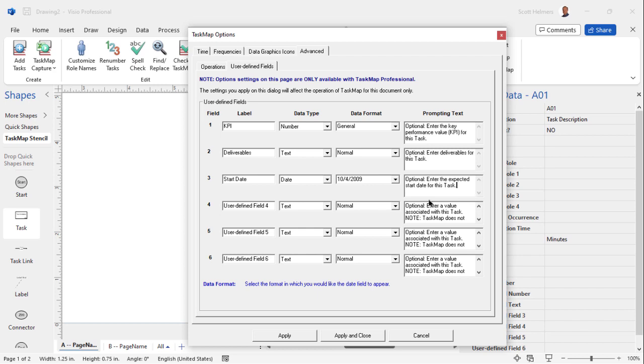For the 4th field, let's create a list of status values so that the user can indicate what the current status for this task is. Visio provides 2 list types. In a fixed list, the user of your map must choose a value from the drop-down list that you provide. In a variable list, the user can choose one of the values you provide, but can also enter their own ad hoc text. I'm going to select Fixed List, acknowledge the warning,